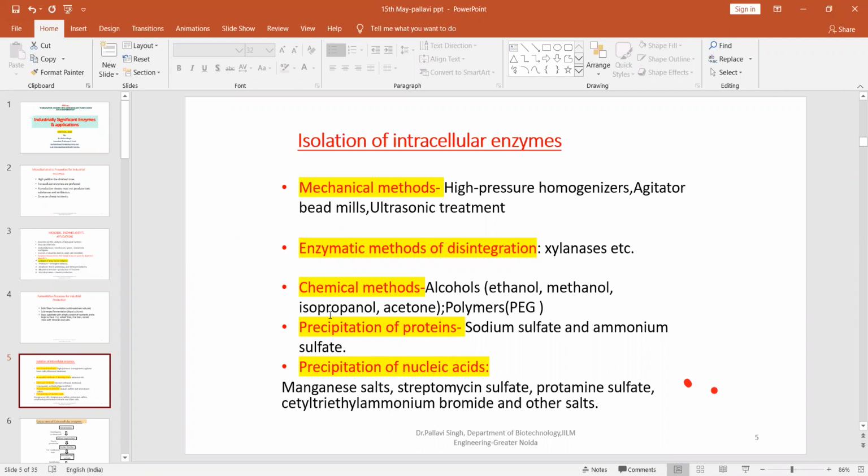Then we know that our enzyme has a proteinaceous nature, so I should use the chemicals sodium sulfate and ammonium sulfate. What will happen? I will show, or I can use NaCl for precipitating my proteins, for getting my entire enzyme concentrated. So I'll write on the screen, there is a typical method for precipitating proteins, which is known as the salting out technique. And this is very important in industry to precipitate.